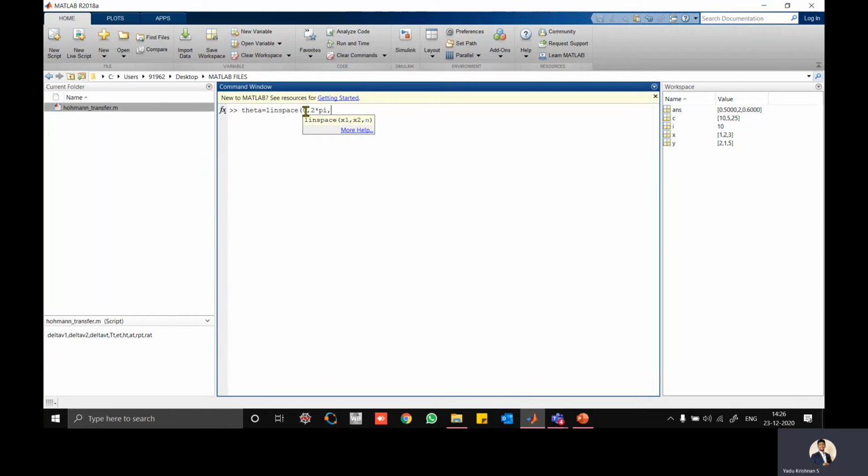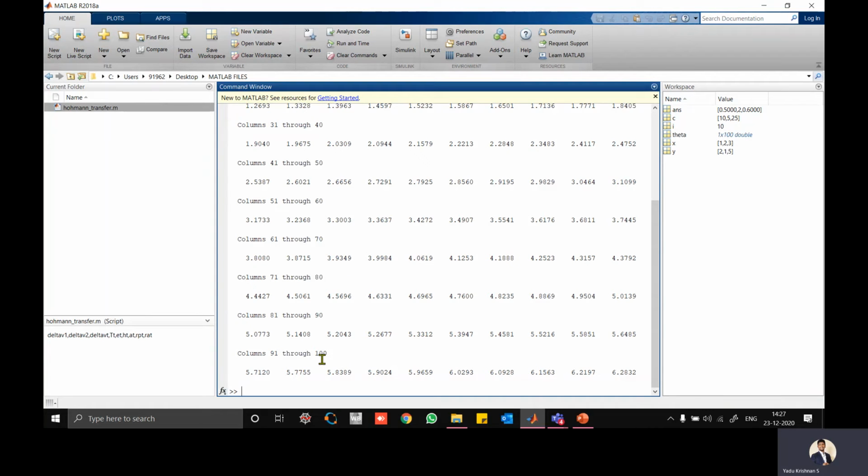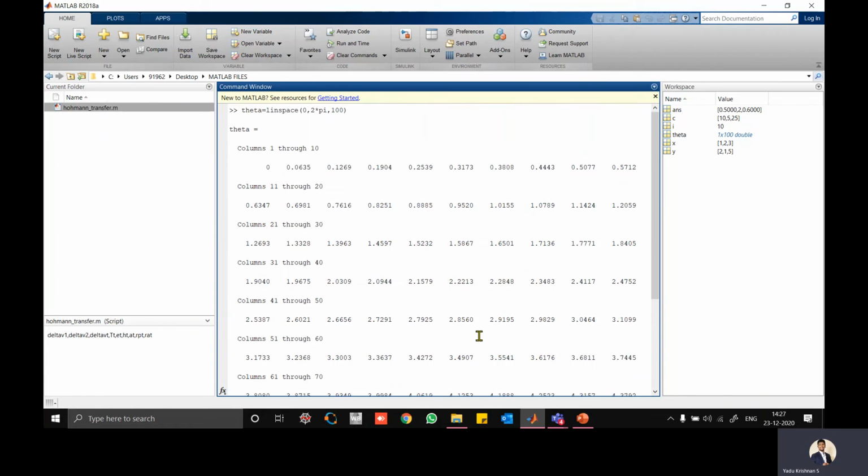You can see that syntax here, linspace x1, x2, n. N is nothing but the number of divisions. Let's take the number of divisions as 100. I'm not putting the semicolon here, let me see how many values are coming. I press enter. See here, 100 values are there, up to 2 pi.